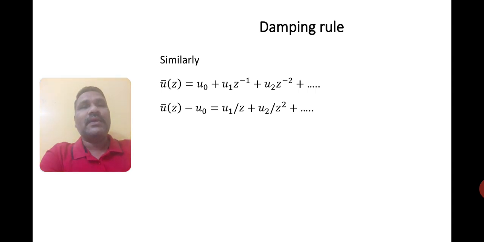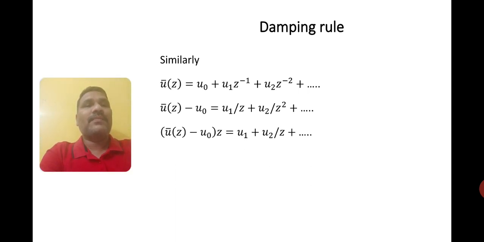It looks like u bar of z minus u0 is equal to u1 by z plus u2 by z square plus dot dot dot. Before going to the limit, let me go for the z. One z I have taken to the left hand side, so you will get z times u bar of z minus u naught is equal to u1 plus